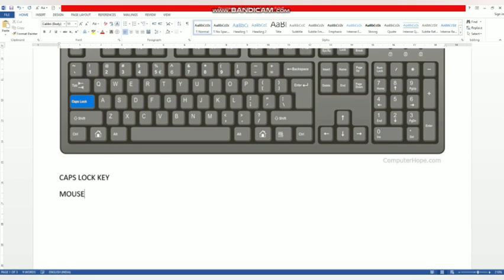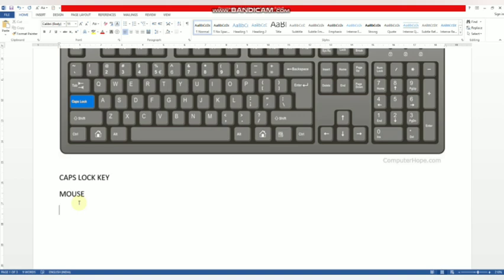So it will appear as a capital M, capital O, capital U, capital S and capital E on the monitor. Then if I press the caps lock key again, caps lock is off now. The alphabets that are typed appear in lowercase.